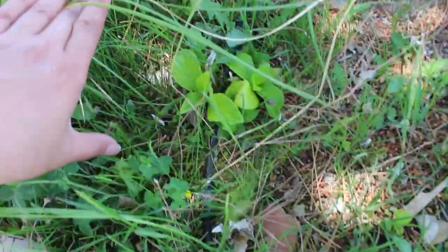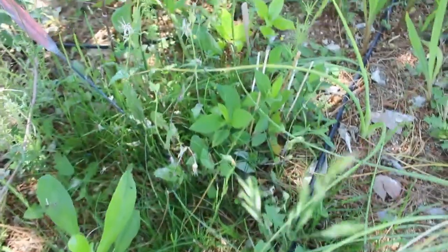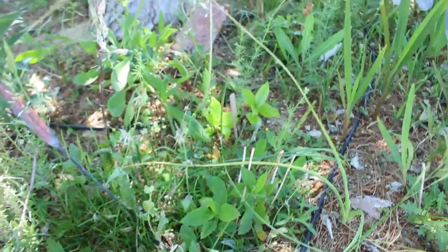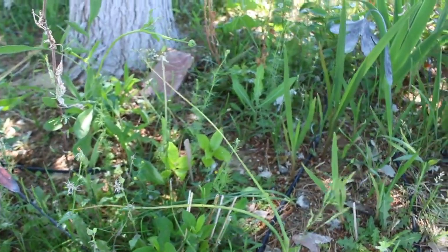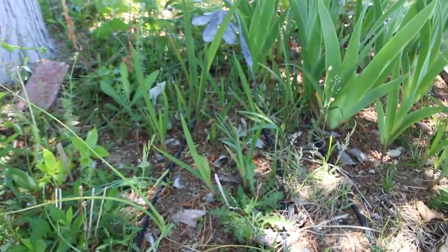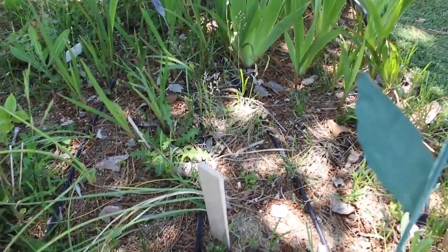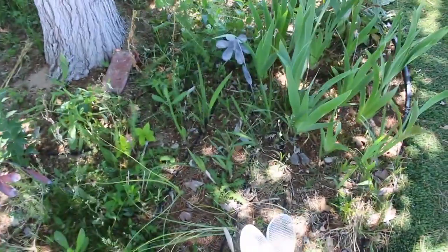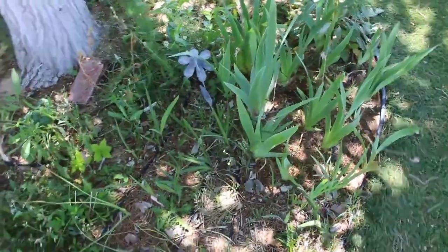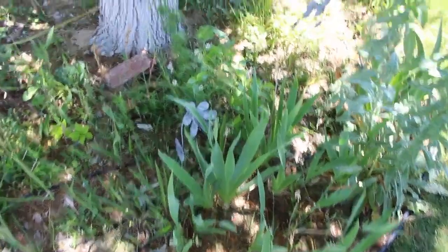This is an autumn, not an Autumn Joy sedum, but a mauve sedum, and it makes great cut flowers. This is the other hydrangea that I was talking about, doing great, came up on its own, and that's the phlox back there, along with some wildflowers that self-seeded from last year. I have some crocosmia. All these smaller leaves that you're seeing here are all crocosmia, and back there is the